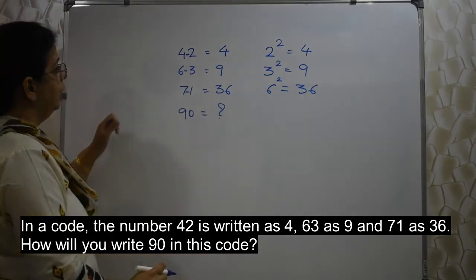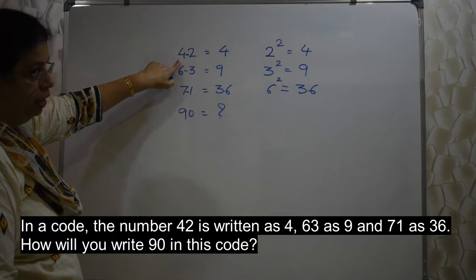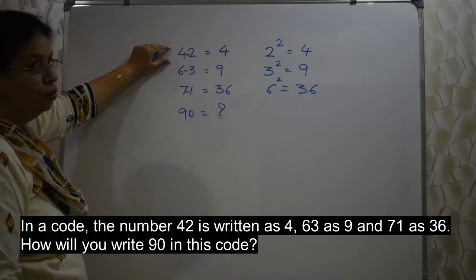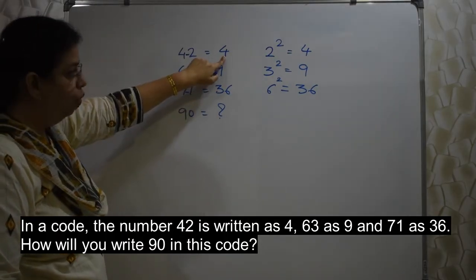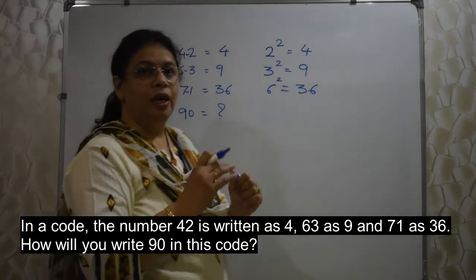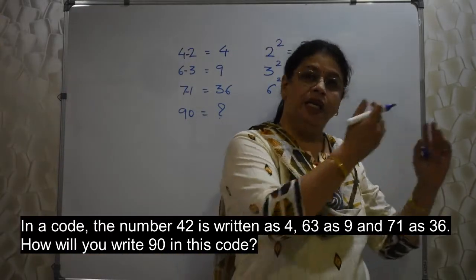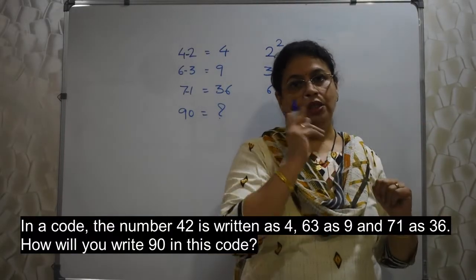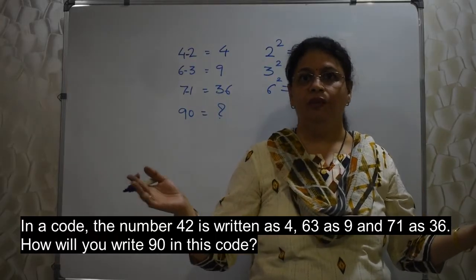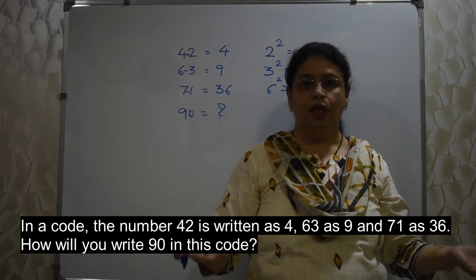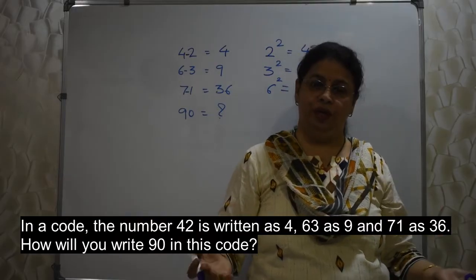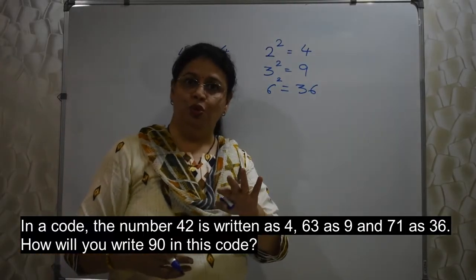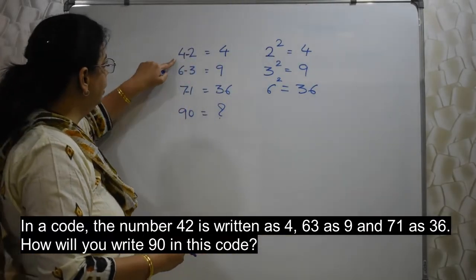What have they done? They have subtracted the smaller one from the bigger one. Basically they have done the subtraction, और जो आंसर आ रहा है उसका स्क्वायर they have given here as a code. Not necessarily always multiplication, subtraction directly will be the code. Sometimes they will do subtraction, addition, उसका square will be the code. See, every time the code has to be different, otherwise everybody will know. It's a puzzle, a sort of a puzzle. So every puzzle has to be different, right? So they will try more and more tricks to puzzle you, to confuse you. Don't be confused. Give some time.